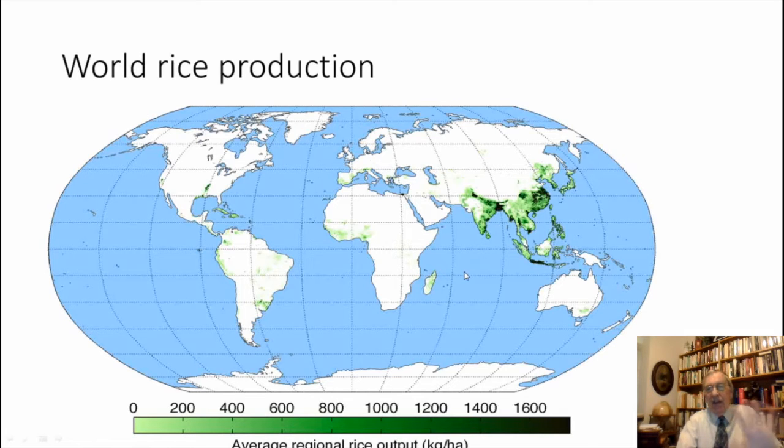But actually, even though the U.S. doesn't grow a huge proportion of the world's rice, because so much of it is exported, the United States is a big player in the international rice export market. But most rice in the world is grown in